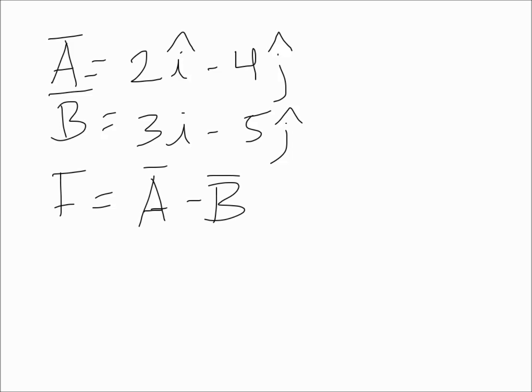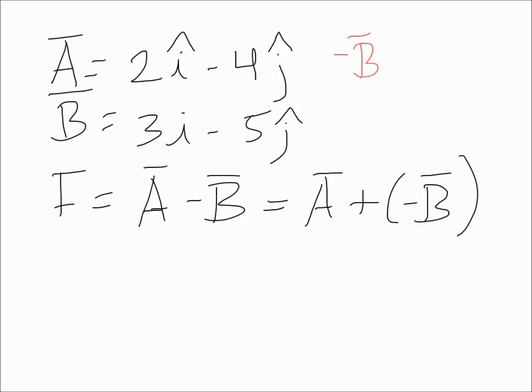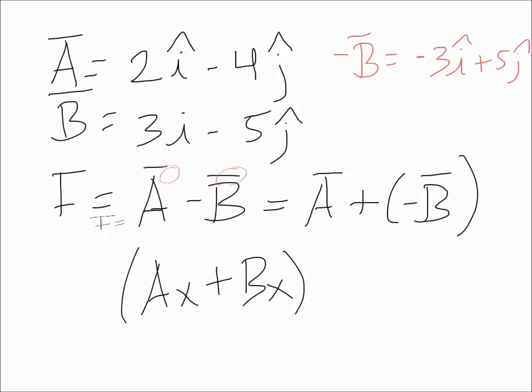And well, this pretty much means that we want A plus negative B. We want the opposite vector. So we can obtain first negative B. Negative B is going to be equal to negative 3i plus 5j. And in vector addition, like in the dot product, you will add the components of each of the directions. So you will separate i from j like this. F will be then equal to ax plus bx plus ay plus by. So you want to separate